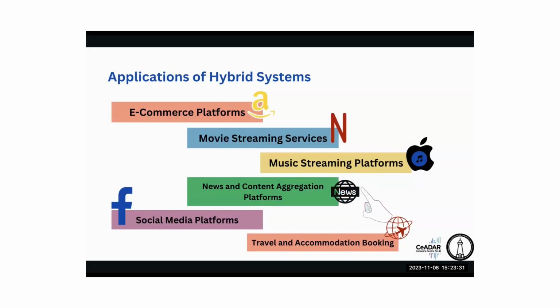So basically this approach will be used for personalized news experiences which can be given to a user based on hybrid systems. So next, let's look at social media platforms. In social media platforms, hybrid systems could leverage both collaborative filtering as well as content-based filtering. In collaborative filtering, let's take the example of a social media platform where a user interacts with another user, where he likes, comments on or shares the post.